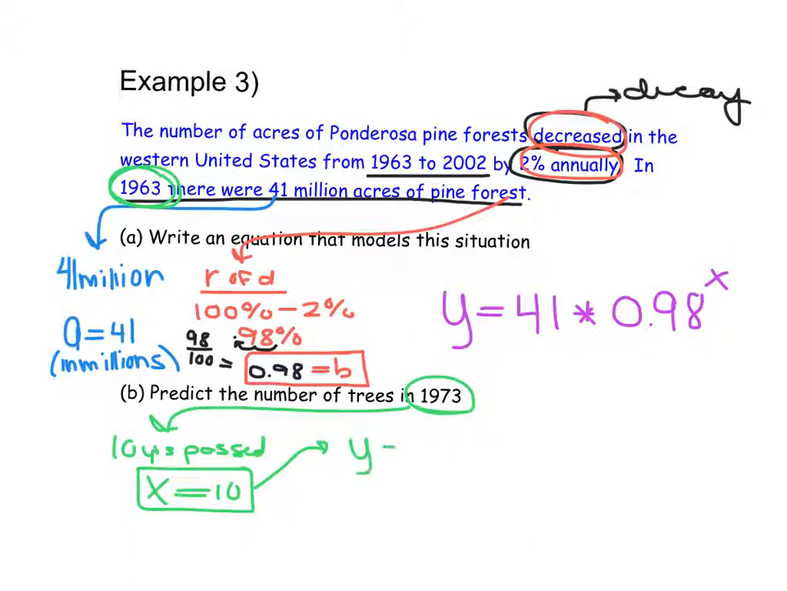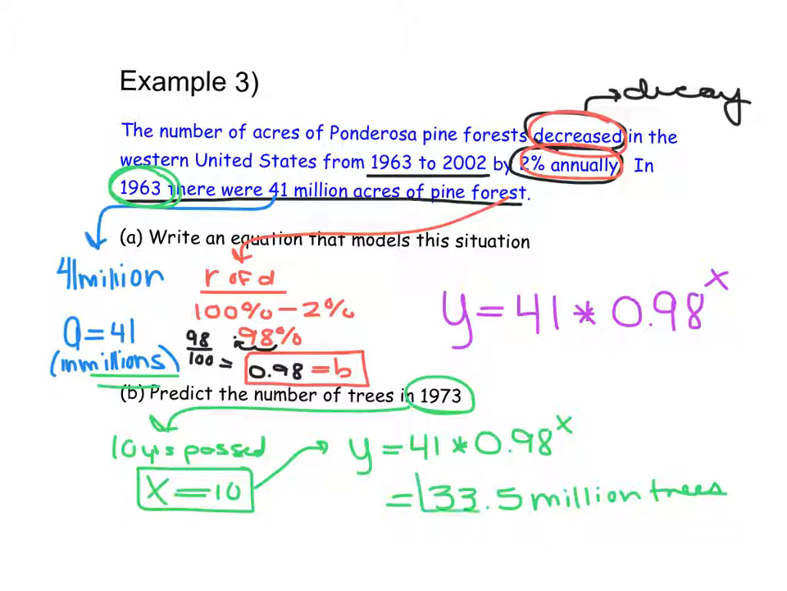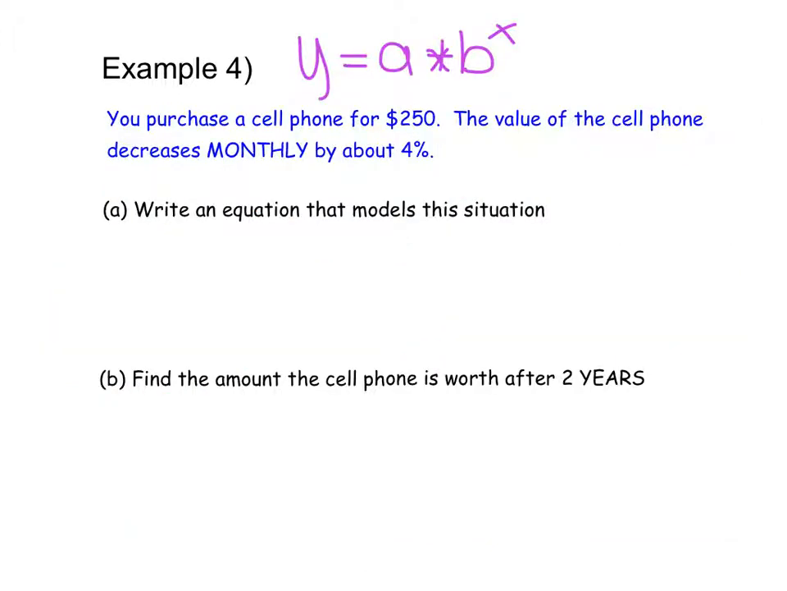So I'm going to substitute that into my equation. So I have y is equal to 41 times 0.98 to the power of x. And I find that I have about 33.5, and remember my answer is in millions, million trees remaining in 1973. And final word problem example, it says, you purchase a cell phone for